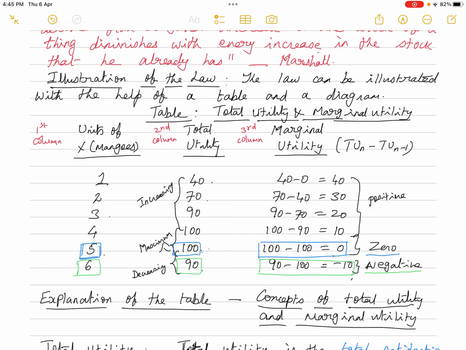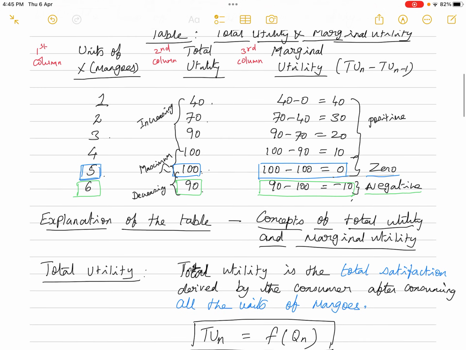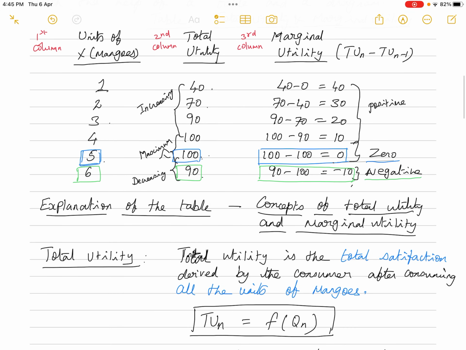So this is the statement of the law. If the consumer keeps on consuming the same commodity again and again, the satisfaction decreases and will become negative. So this is the table, the numerical example. And the next point you have to write in your answer is a clear explanation